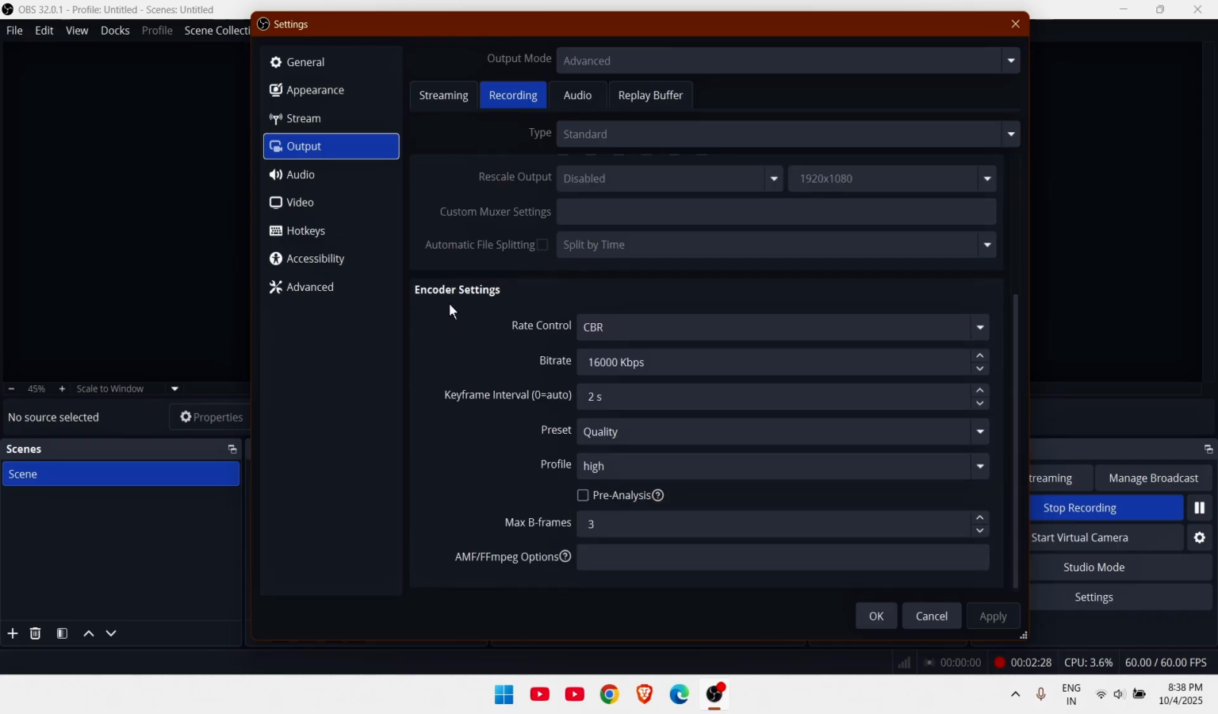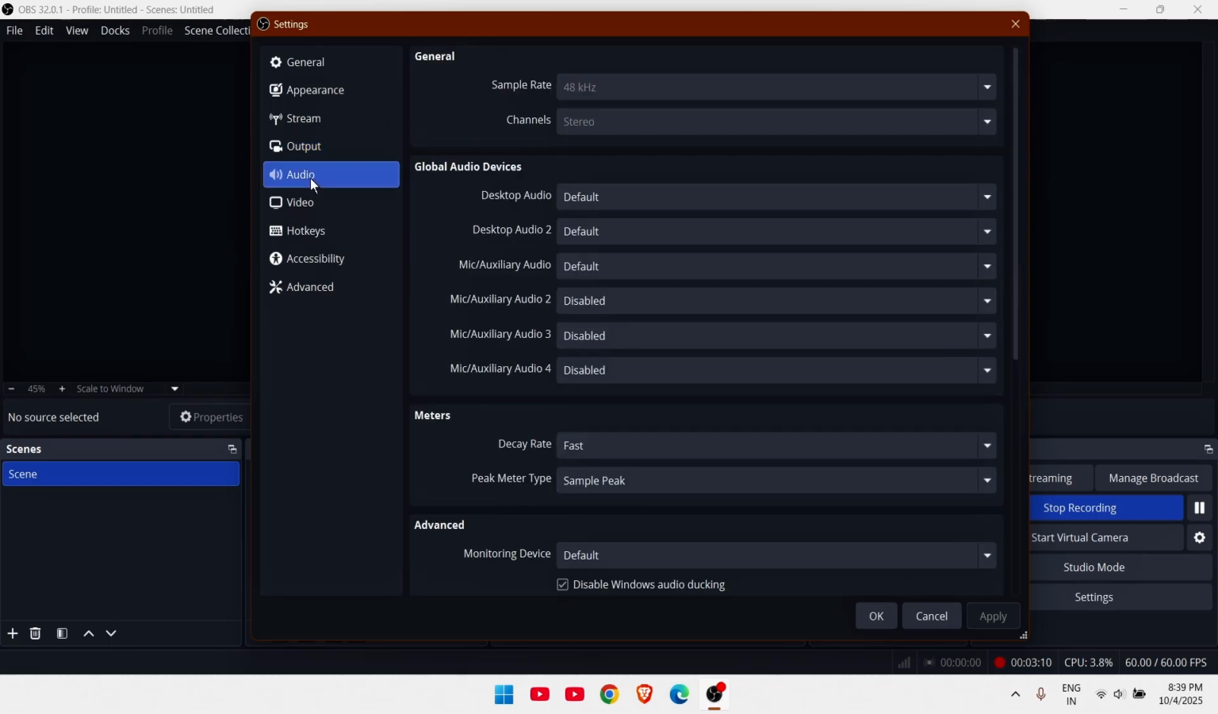Then go to encoder settings, scroll down and you can see encoder settings. Here you must select CBR, then bitrate 16,000 kbps, keyframe interval 2 seconds, select preset quality, profile high and max bframe 3. Then go to audio